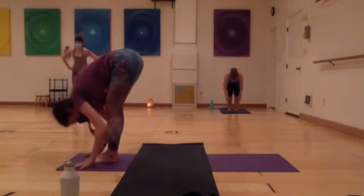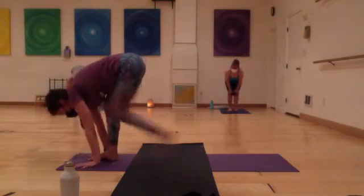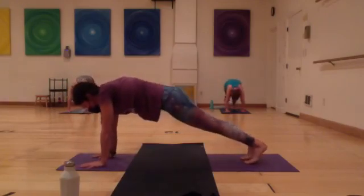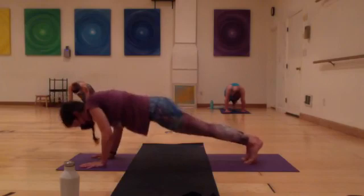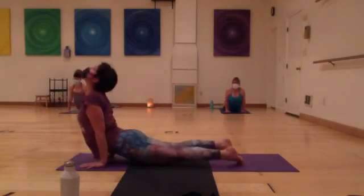And let's bring it all the way down. Halfway lift with the hands on the mat. Hop, skip, jump, or walk. Hold this plank here for 5, 4, 3, 2, Chaturanga Dandasana, upward facing dog,